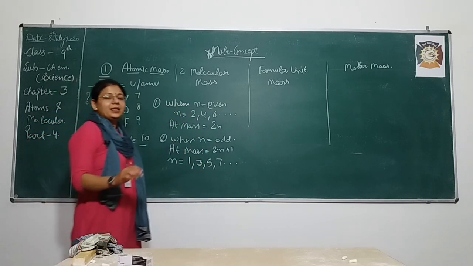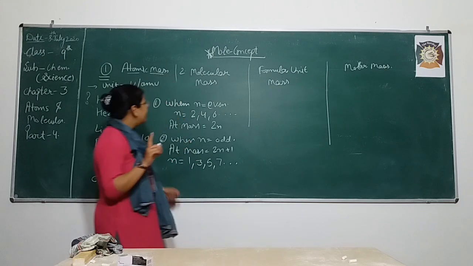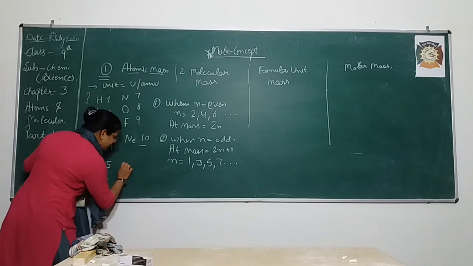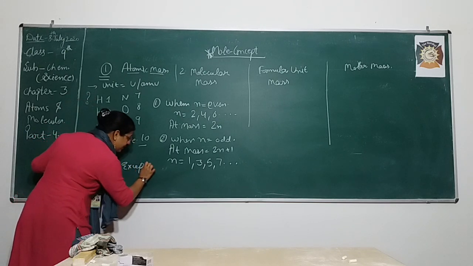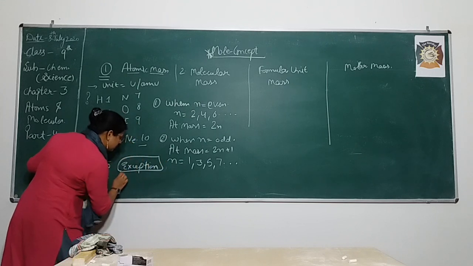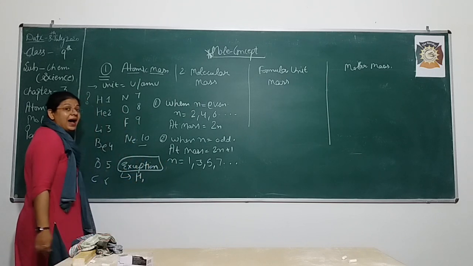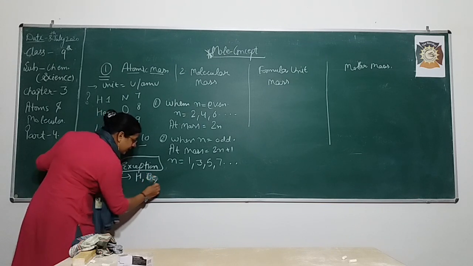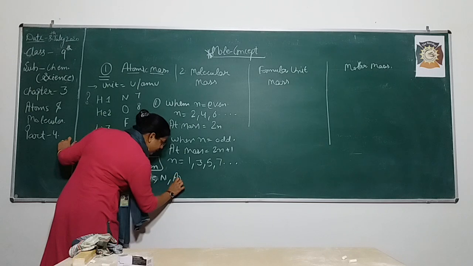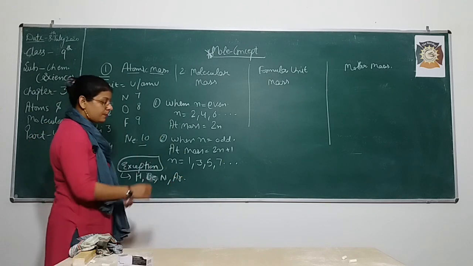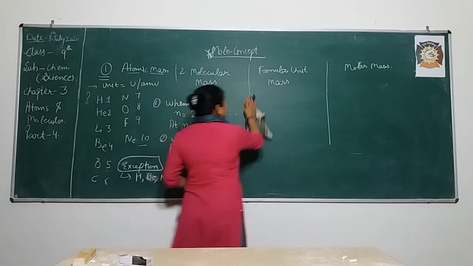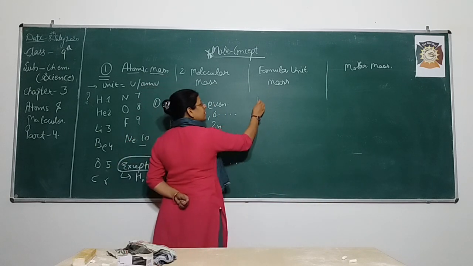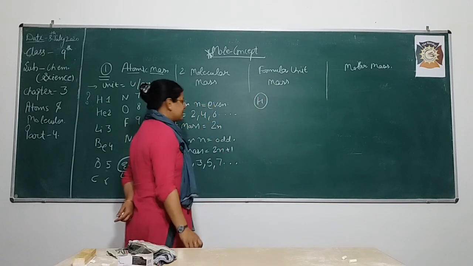This formula is applicable to calculate the mass of the elements from 1 to 20, but with some exceptions. Exceptions means bache, these elements do not follow this formula. First one, hydrogen. I am going to explain each and everything. Beryllium, nitrogen and argon. Now from the very first atomic number, that is hydrogen, it is an exception. So we are going to discuss it later on.